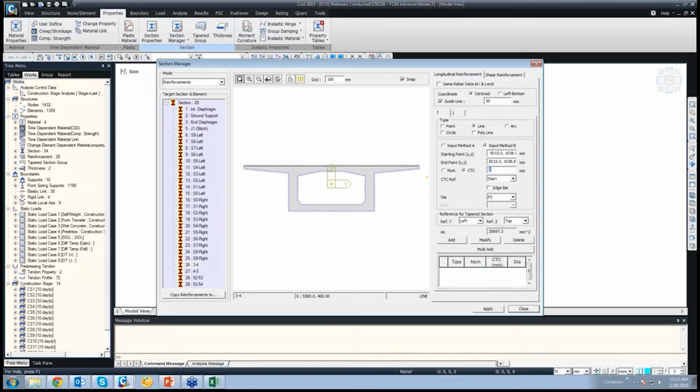Say we are giving center to center distance as 200 mm. We are giving the edge bar as well, and the bar is P12. Okay, we say add. So this reinforcement is now added. Similarly, we have to add reinforcement for other locations. If you click at a wrong point by mistake, you just have to go back to the starting point and click again.